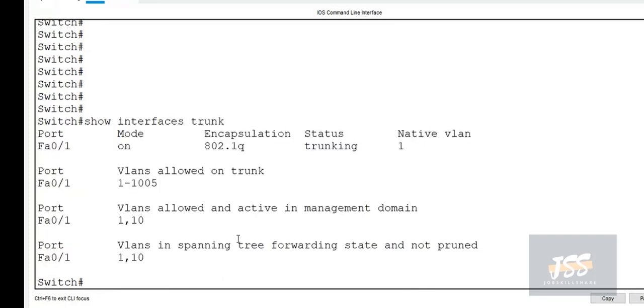You can see it is connected on FA0/1 of switch 0. Mode is on, encapsulation is 802.1q, and trunking is the status. The allowed VLANs are shown on this port. VLAN 10 is allowed here, but still we cannot communicate.